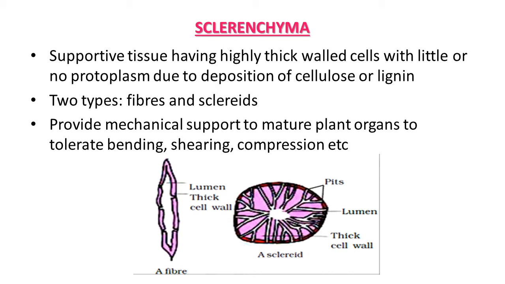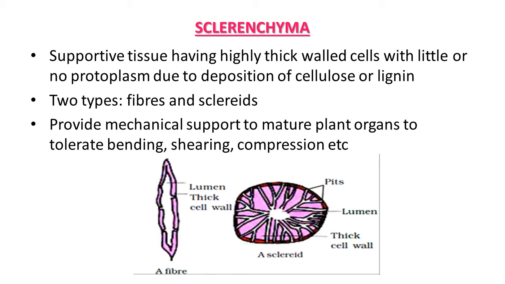The cell wall has numerous pits in its structure. Because of variation in form, structure, origin and development of this tissue, it is divided into fibers or sclereids. Fibers are thick-walled, elongated and pointed cells, generally occurring in groups. In this figure you can also see the typical structure of a fiber in sclerenchyma.